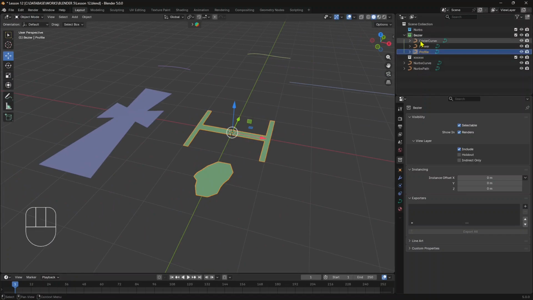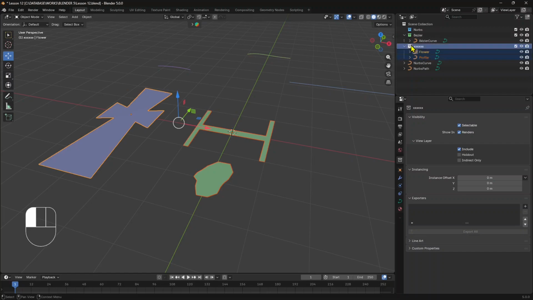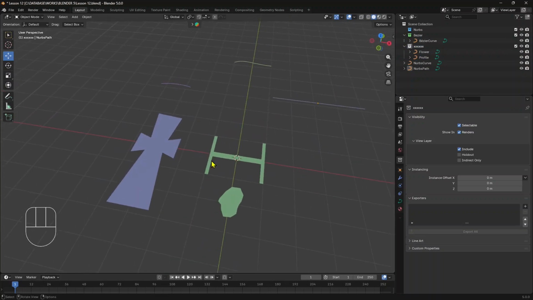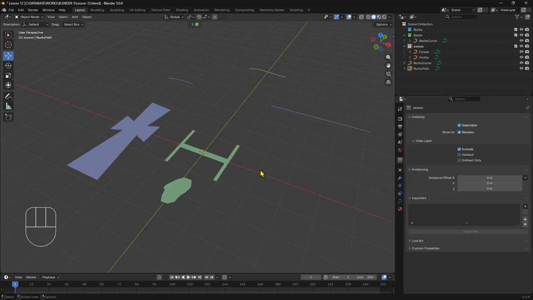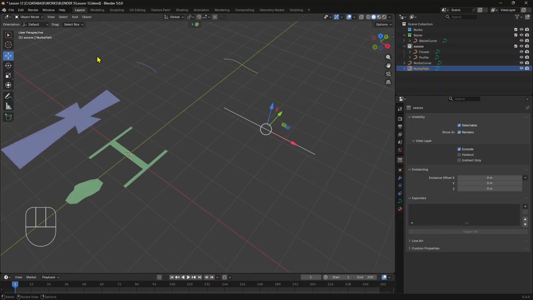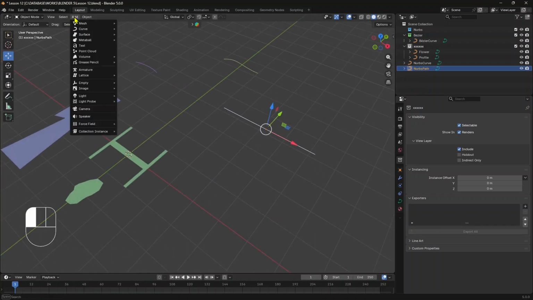And everything now is going directly and automatically into Bezier, but I don't really know what I'm doing here. So I'm just going to put them in this generic collection. So double click and put everything in there. Okay, now we have some profiles, we have some curves. Let's start doing some sweeping. Now I want to use this NURBS path to do a sweep. So again, I created this by going into add and then curve,